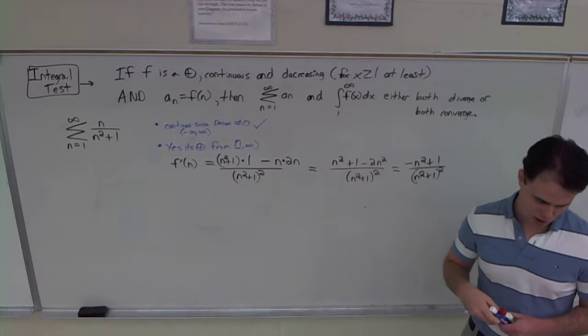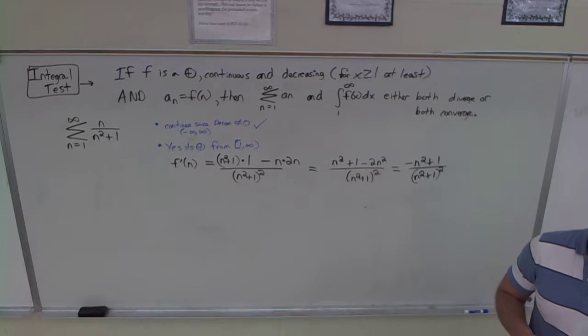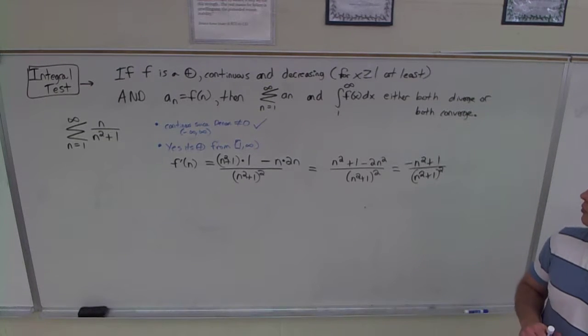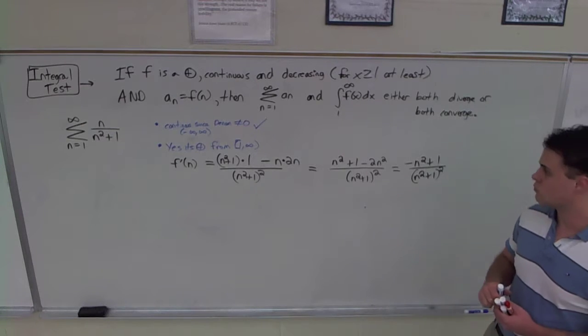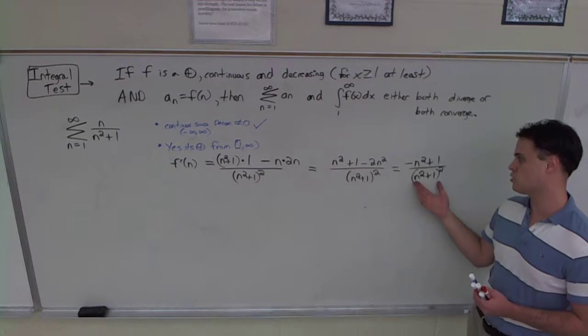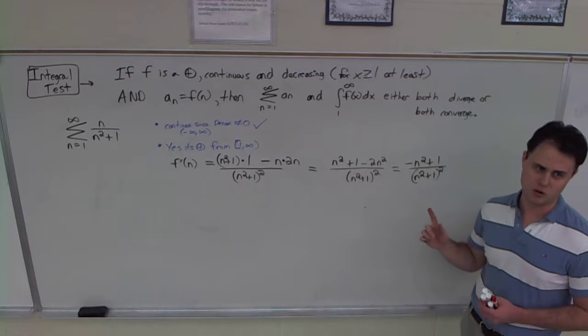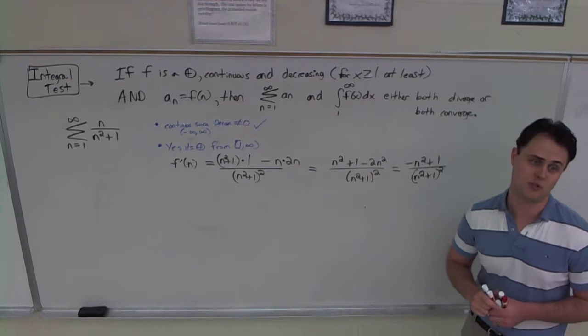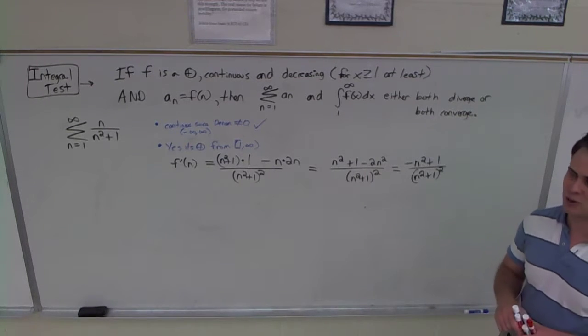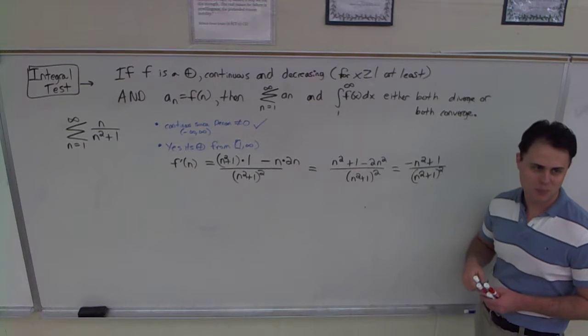So what do you guys think? Is that negative? Is that positive? What's going on? Think about each piece separately. The denominator is squared there and squared there. Doubly positive, if you know what I'm saying. There's no way you can make that negative. On top,